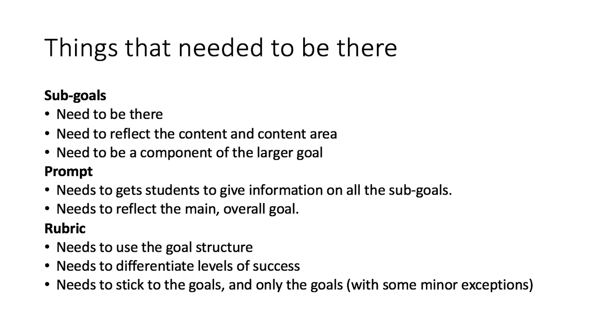So for example, in the ocean feature case, if the overall goal is to describe how ocean features affect waves and currents, 1 sub-goal should be what are the physical features, 2, how do they affect waves, 3, how do they affect currents. And that's as simple and straightforward as it could be. And then you're thinking about, these are the things I need to cover in order for them to be able to do it when I'm teaching, and these are the things they need to give back to me when they're